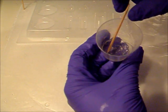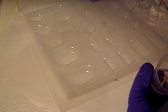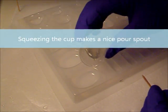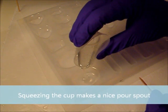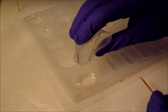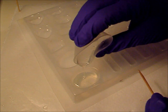Okay, all right, so I'm going to go ahead and get our mold over here, and I'm going to pour our resin into the mold. Okay, see all the bubbles? Okay. Now at this point, this is a pretty big casting, so you might be able to get away with